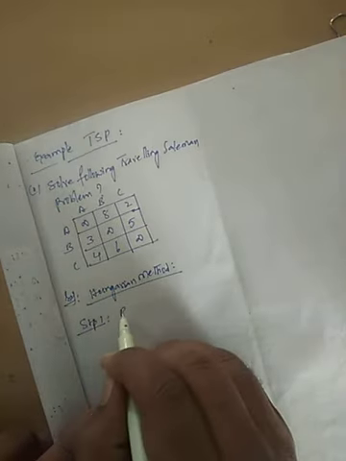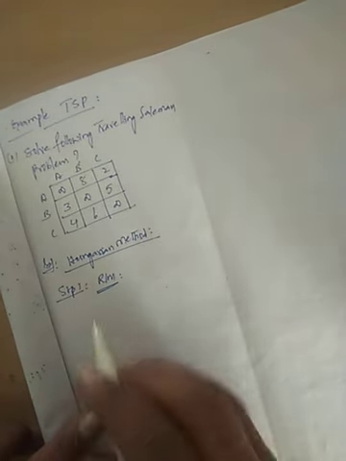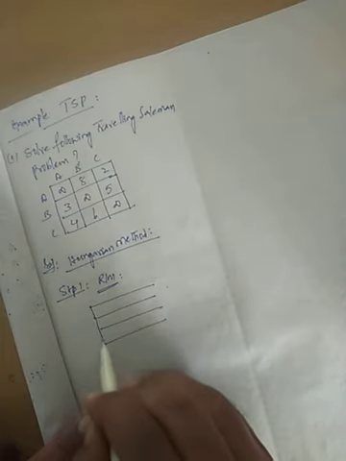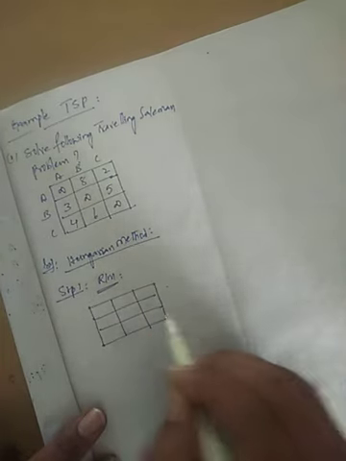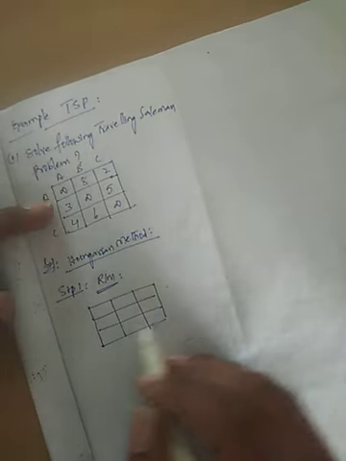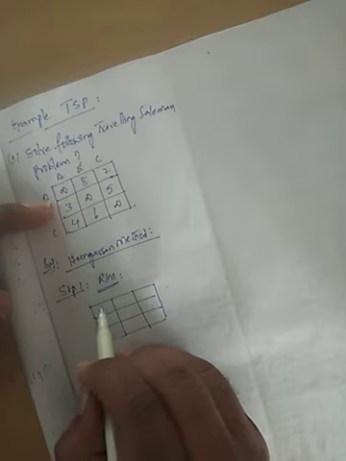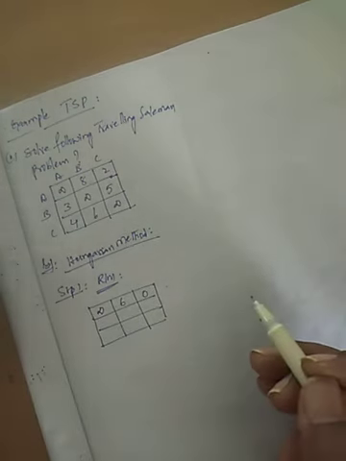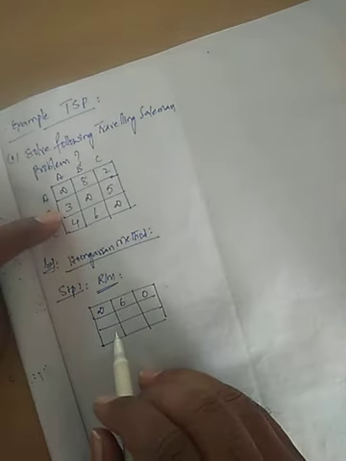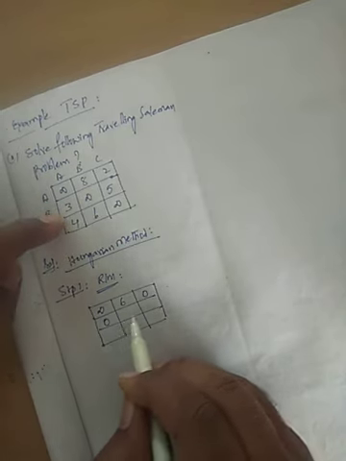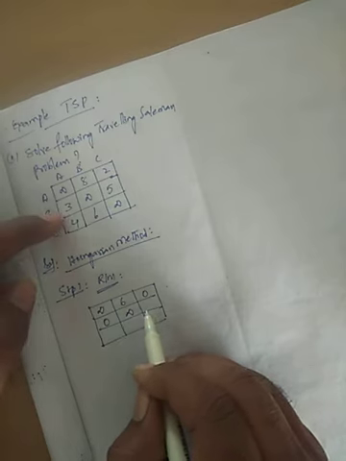Now we go for, as usual, row minima operations. Now we take the blank matrix. In the first row, what is the minimum? 2. So infinite minus 2 is infinite. 8 minus 2 is 6. 2 minus 2 is 0. Now here, what do you get? The minimum is 3. 3 minus 3 is 0. Infinite minus 3 is infinite. 5 minus 3 is what? 2.